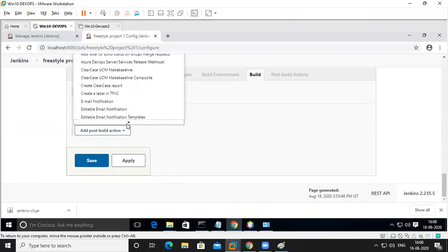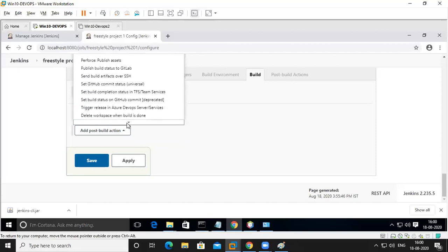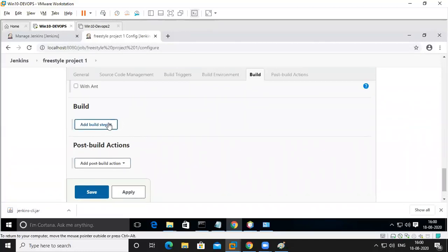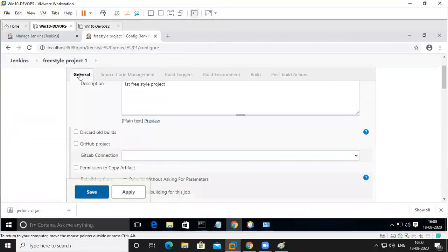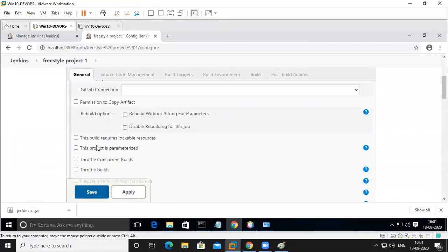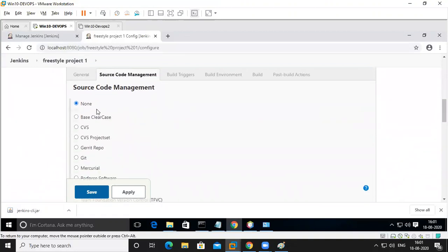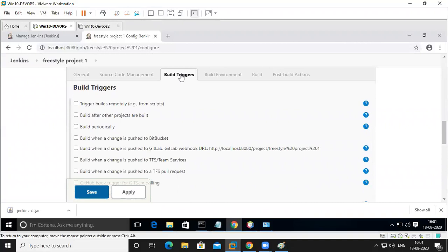You can have a lot of things, but at the start of Jenkins, very few options are needed; more options will give more confusion. I'm going to build only, of course. I think you're clear. First is general: you can give a description and any information you want here. Next is where your code is. That is source code management. Your code can be in any place, so you can give the code location. I'm using none for now because my code is on my PC. Next is build triggers: when to build, like when something changes here, do the build. Until that time, wait.